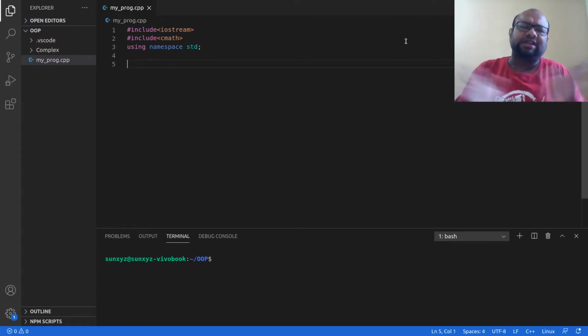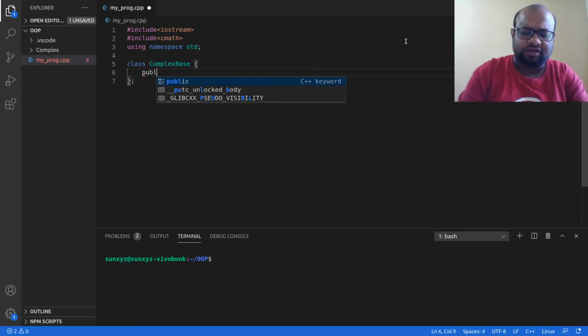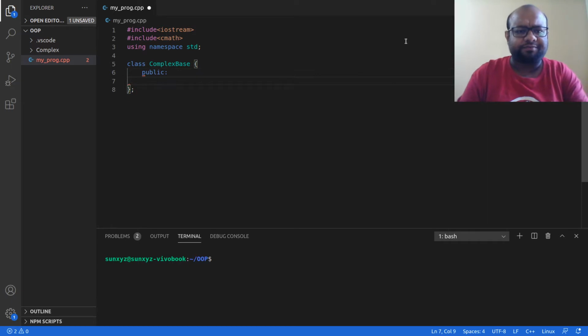So let us create the specification of the methods inside this abstract class. I am going to have this class and I am going to call it ComplexBase. It is going to be abstract, so it is going to have a few public methods. All of them are going to be pure virtual.